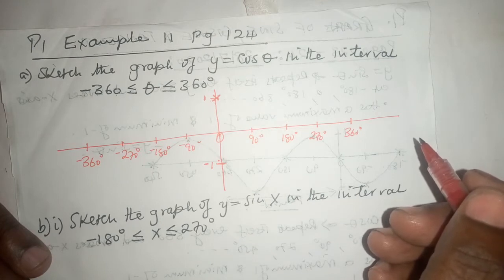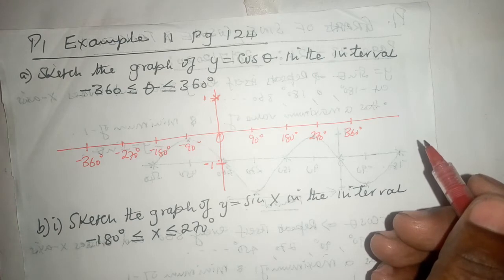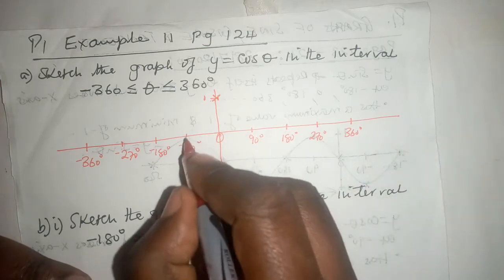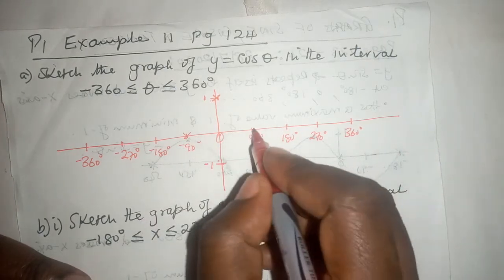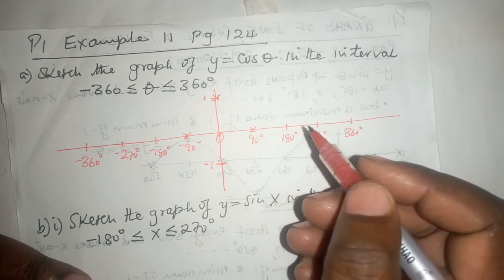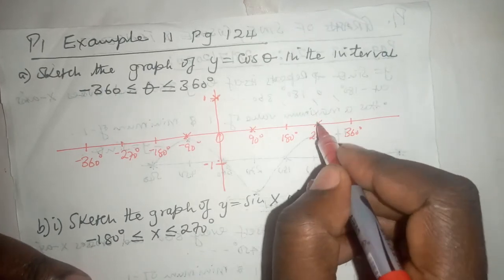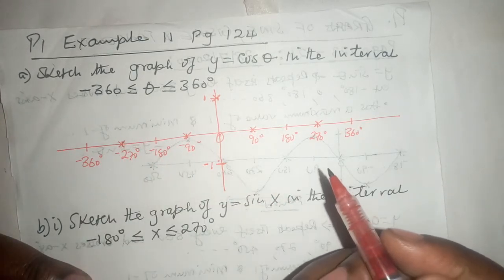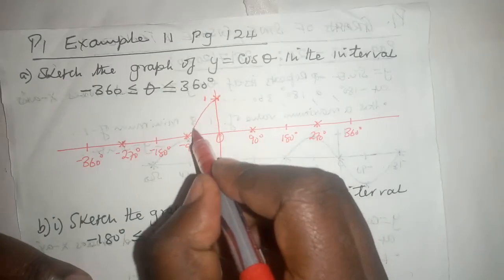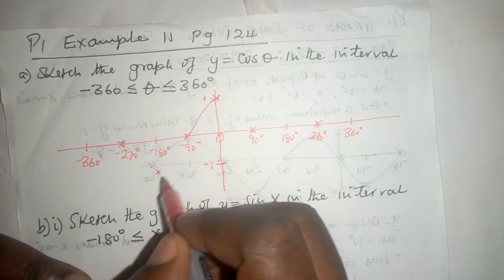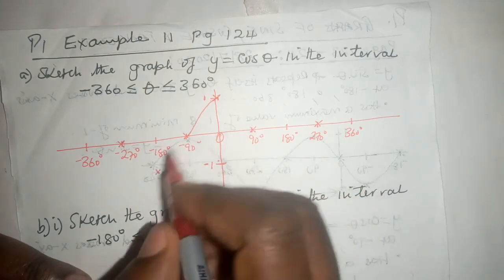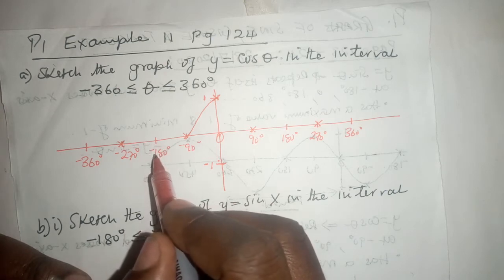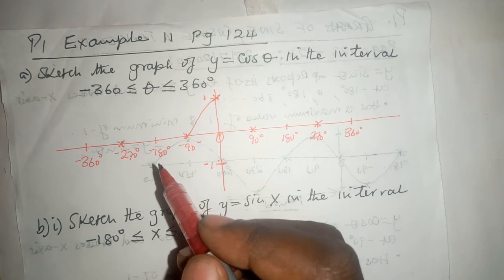We know very well from the previous video that the graph of y equals cosine theta crosses the x-axis at negative 90. It crosses the x-axis at 90, and from there you keep adding 180, and you keep subtracting 180, giving negative 270. If this graph is coming this way, then it is sure that it is negative 1 at negative 180. The value of y is negative 1 when theta is negative 180 degrees. And that is exactly what happens